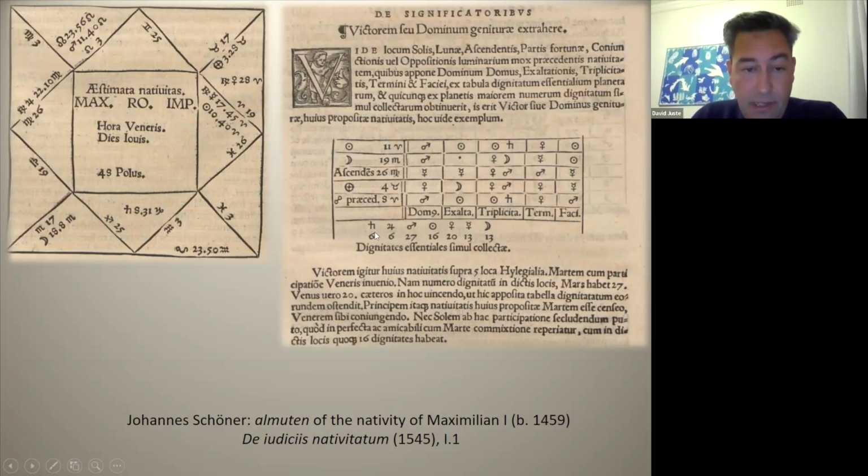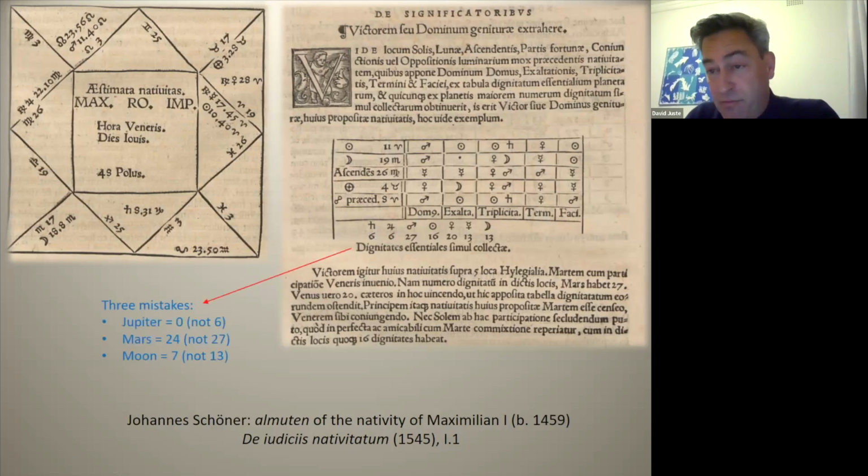Fine, correct. Now, the thing is, for some reasons that I find really hard to understand, he managed to make 3 mistakes in adding all the points of essential dignities. Jupiter actually should be given 0, not 6, Mars 24, not 27, and the Moon 7, not 13,